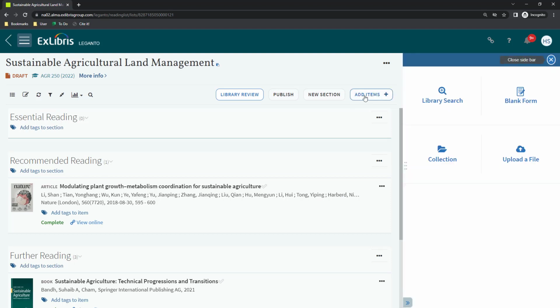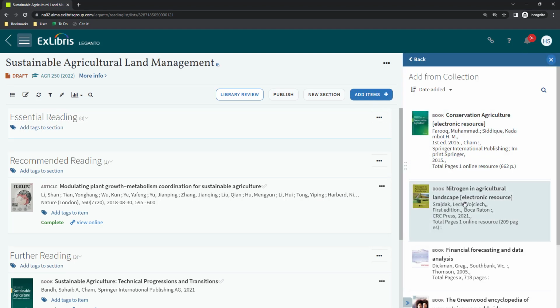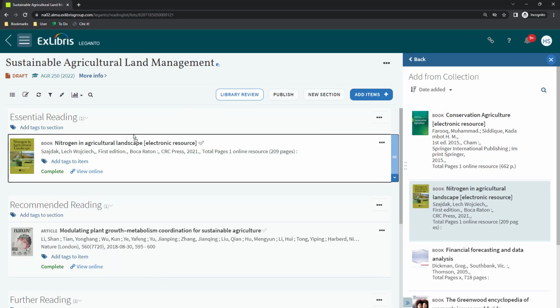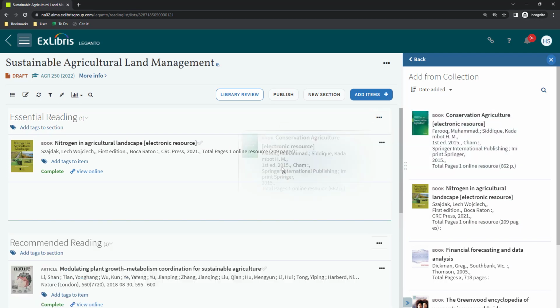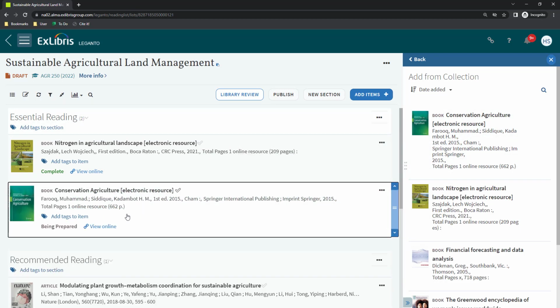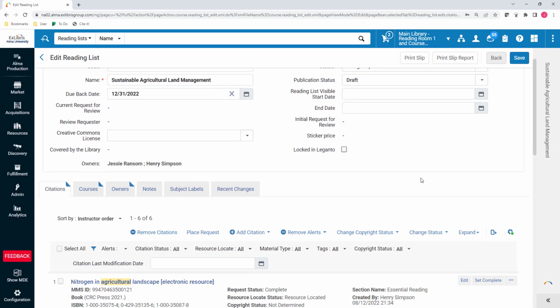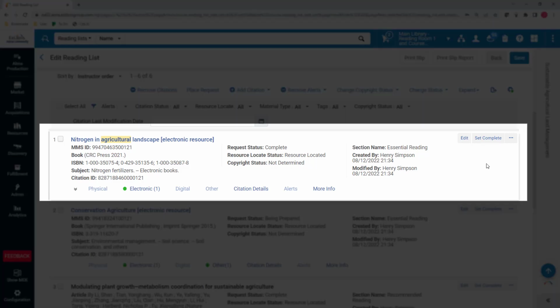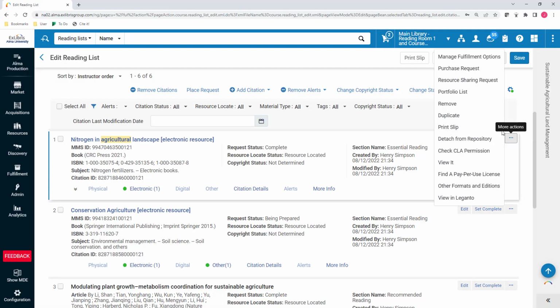As an instructor, I will add 2 ebooks to my reading list. You can see that the first one completed automatically, but the second one didn't. Let's look at this in Alma. This is the citation that completed automatically. I can navigate to the portfolio record,